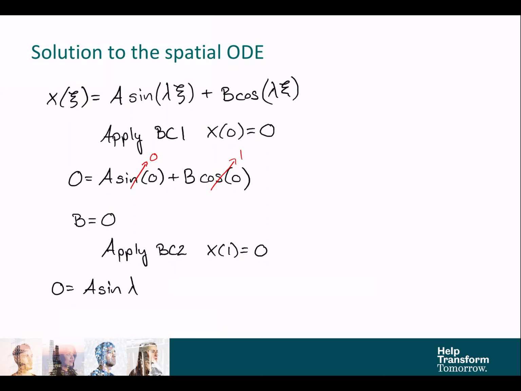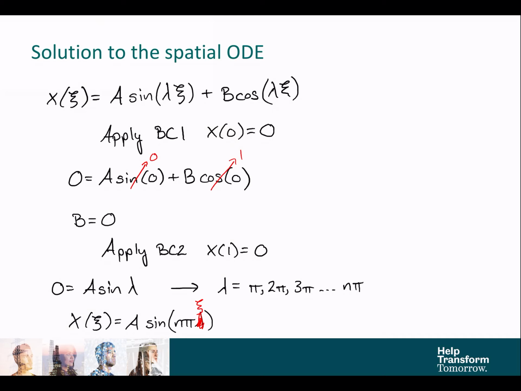That means that sine of lambda has to equal 0, and that is true when lambda equals any integral multiple of pi. We start with 1 pi rather than starting with 0, because if lambda equals 0, we get a linear solution, which is not physically realistic. So that's why we start with the index n equal to 1. And writing our x solution, we now have something that's looking useful. We plug in n pi for lambda, this should be a c,